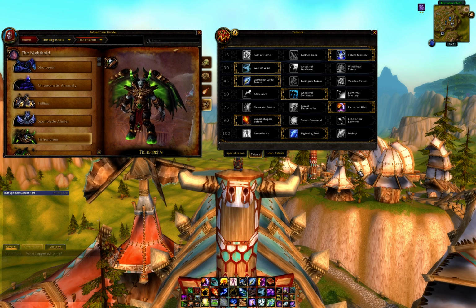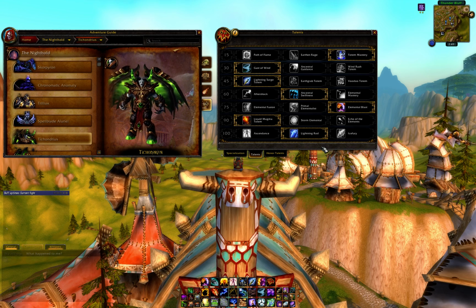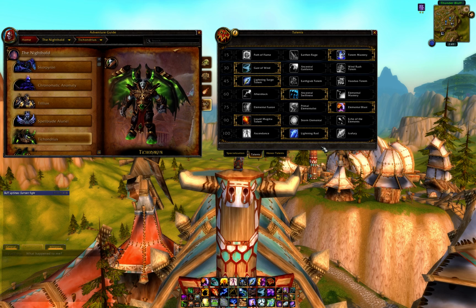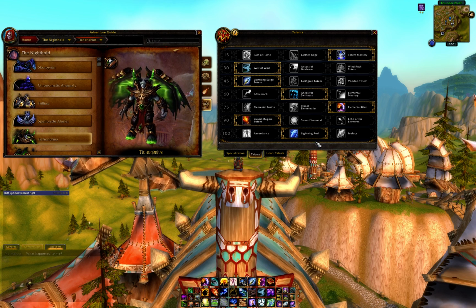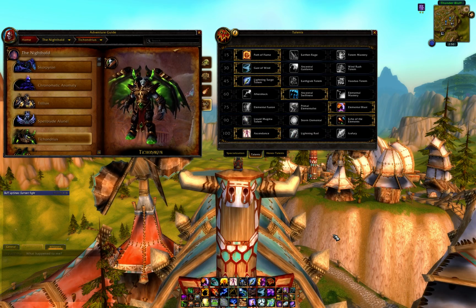On Heroic, I actually don't think Lightning Rod is that good. I think the adds generally die very fast these days. Unless you're progressing and you just can't kill the adds while they're under the boss, they out heal you, then Lightning Rod is fine, but I actually feel that Ascendance is a better spec for this fight on Heroic,